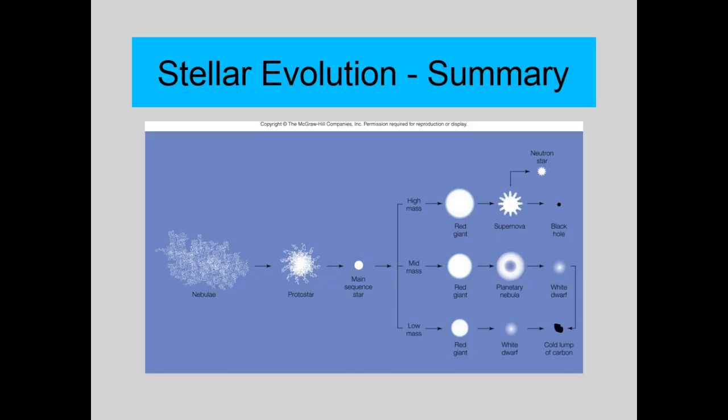And Hertzsprung-Russell diagram, that's that purple snake down the middle, okay? Main sequence star. It could be hot, it could be small, it could be cool, it could be big. It's a main sequence star. Okay. Now, it lives there for its life. If this is a tiny star, trillions of years. If it's a medium-sized star like our sun, billions of years. If it's a massive, massive star, only millions of years.